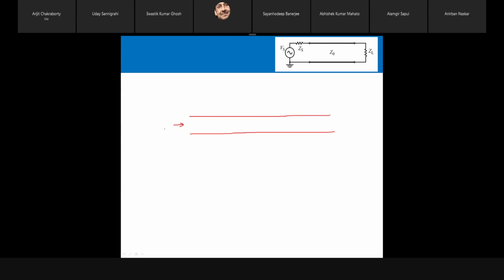So input impedance, when I cut at any point and again measure its input impedance, it will remain the same. It will remain the same. কারণ আমি যখন এই পয়েন্ট থেকে দেখছি, আমার ইনপুট ইম্পিডেন্স তাই আছে।